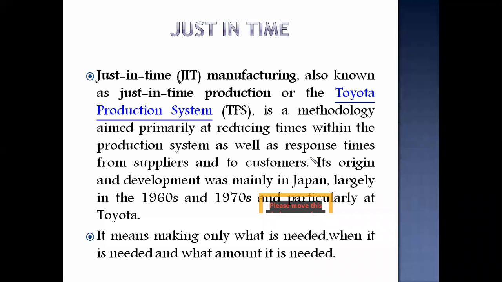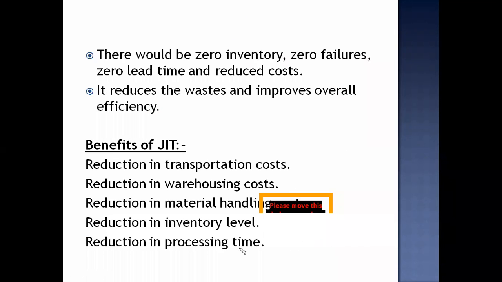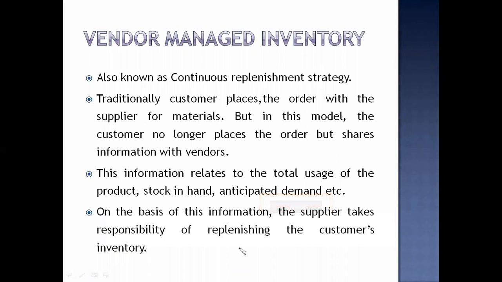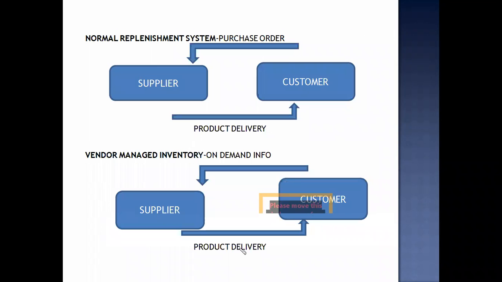Now this is about modern inventory control techniques. This topic also we had started. I'll just show you where we have stopped. We had discussed initially about just in time. What is just in time? Then what is the benefits of just in time 2, the difference between just in time 1 and just in time 2. The thing is that in just in time 2, there will be the representative from the supplier side that we have discussed. Then vendor managed inventory. Vendor means supplier. Vendor managed inventory. This much we had covered in the earlier lecture.